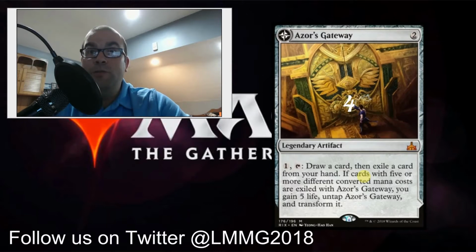Azor's Gateway, once we do get it out, it's only a 2-drop, and then you pay 1 and tap it to draw a card, and then you exile a card from your hand, and we're not going to bother reading the rest of this because it is not possible to flip this in this deck, I don't think. Let's see, we've got 1, 2, 3, oh yeah it is. We've got 1, 2, 3, and 5 drops, and we can exile a land, which would count as a 0. So it's possible to flip,